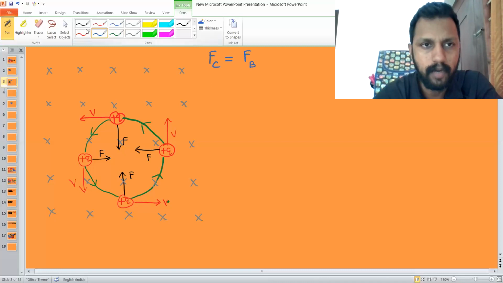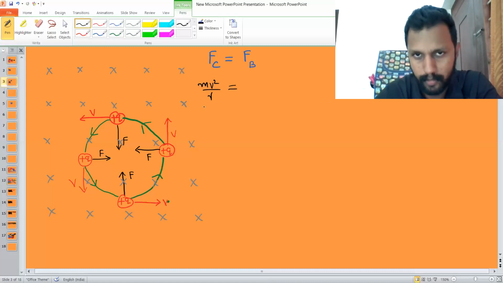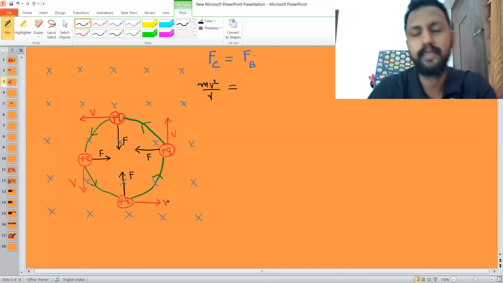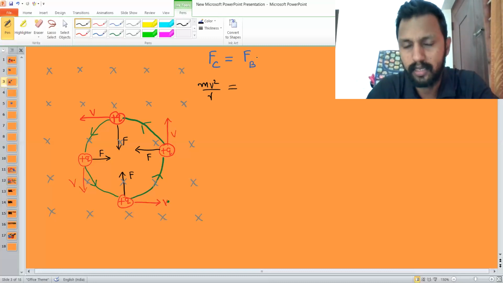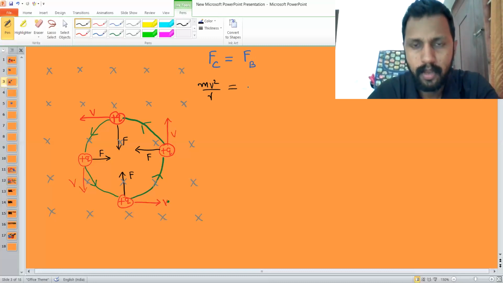As we know from our +1 syllabus, the expression for centripetal force is mv square by r. What's m? m is the mass of the charged particle, v is the instantaneous velocity, r is the radius of the circular path. Therefore, centripetal force can be replaced as mv square by r. What is FB? FB is the magnetic Lorentz force. Therefore, the magnetic Lorentz force can be replaced as